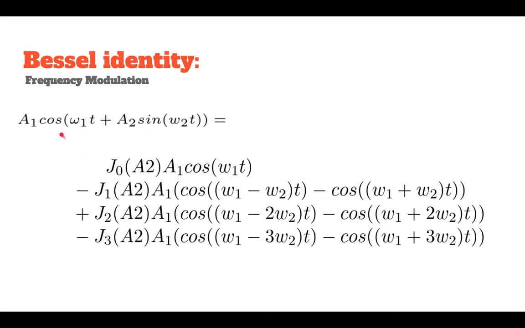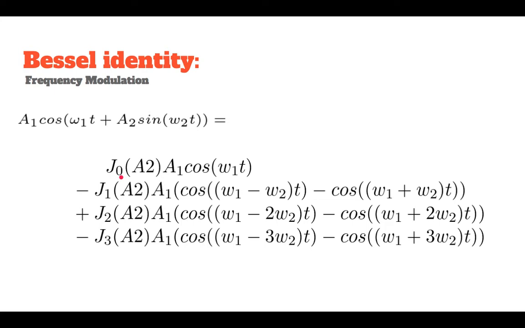So it's, again, not necessarily very intuitive what frequency components are going to show up when we see this. We can really only say for sure what frequency components are going to show up when we see a kind of traditional trig function, you know, just a cosine of omega 1 times t or a sine of omega 1 times t. Adding this other trig function as the argument to cosine should leave you scratching your head, well, what components are actually going to show up in the frequency domain? And so this is a Bessel identity, and for anyone who doesn't know, this J naught is basically the Bessel